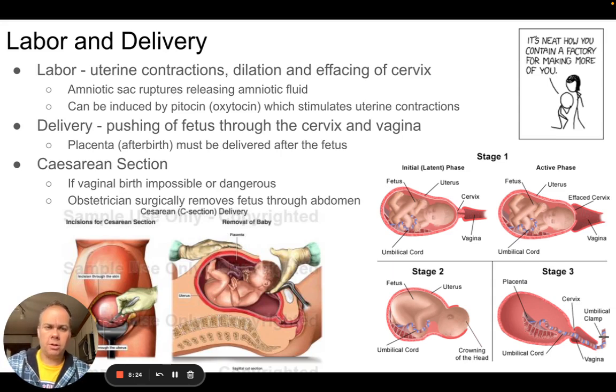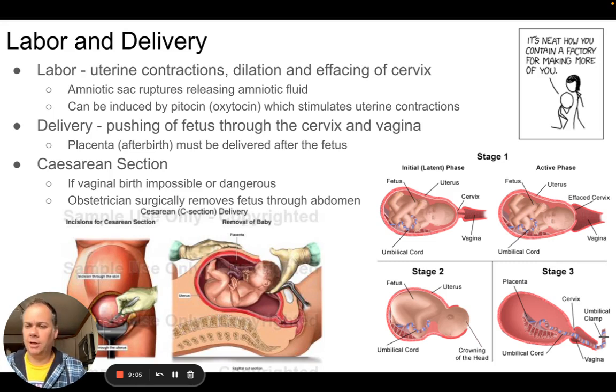Eventually, after the labor phase is over, then comes the delivery phase. And in the delivery phase is when a woman will be pushing the fetus out through the cervix, into the vagina, and out of the vagina, okay, in a vaginal birth. And so that process typically, the contractions, the uterine contractions during labor are involuntary. They are just happening to a woman. But typically, once the delivery phase, a woman has to physically push the fetus out through the cervix, through the vagina, okay, through until the fetus is born.